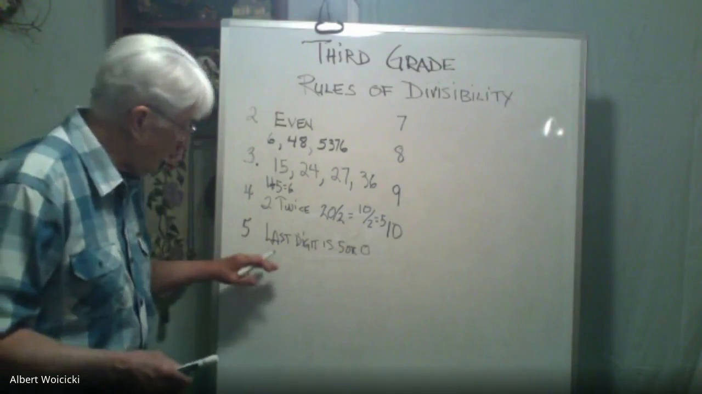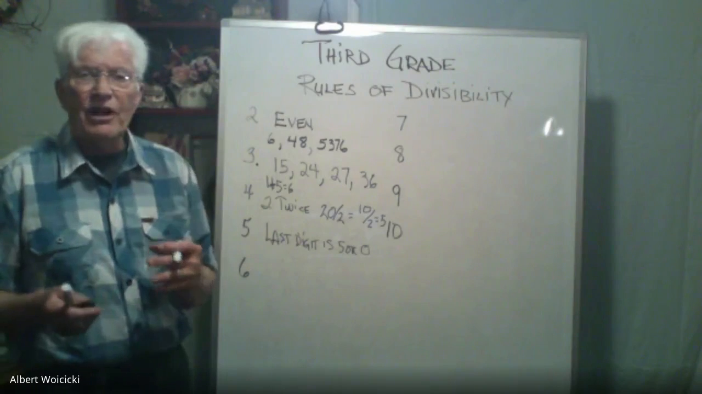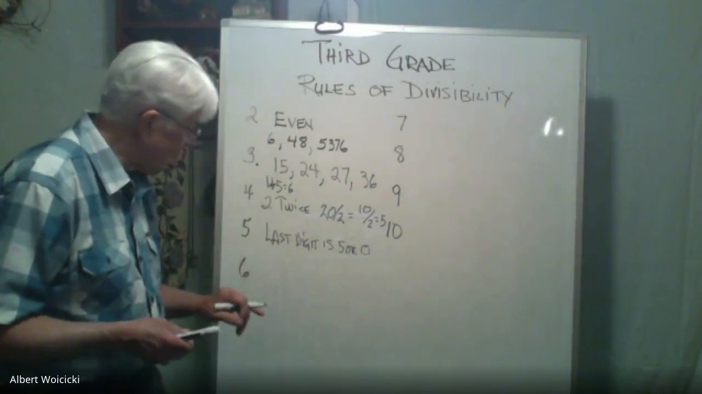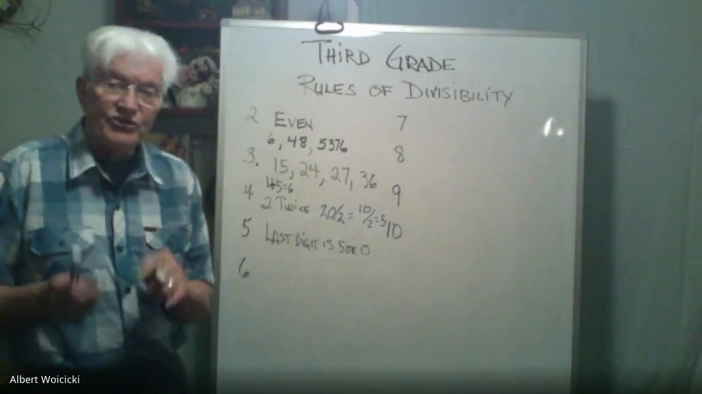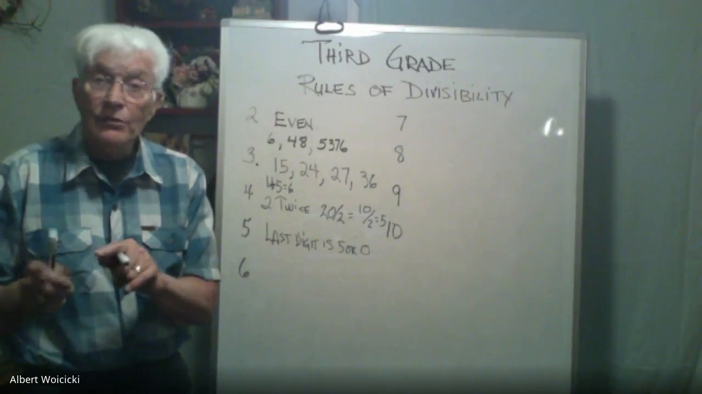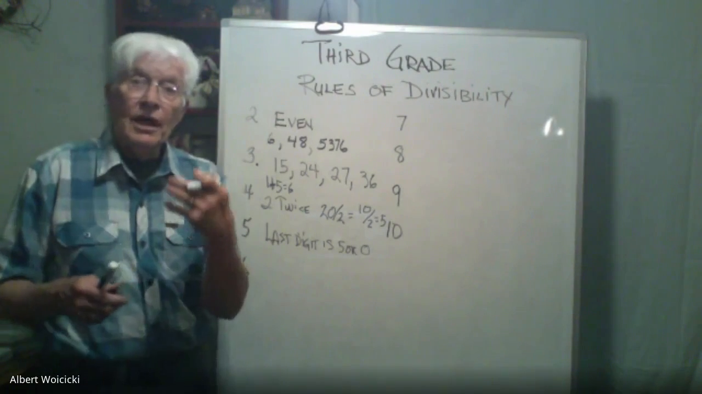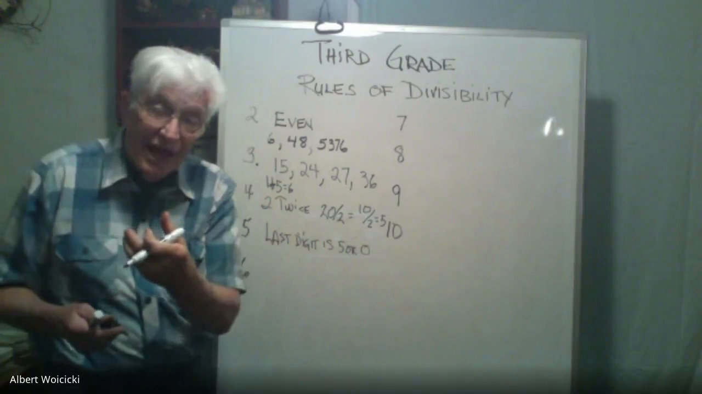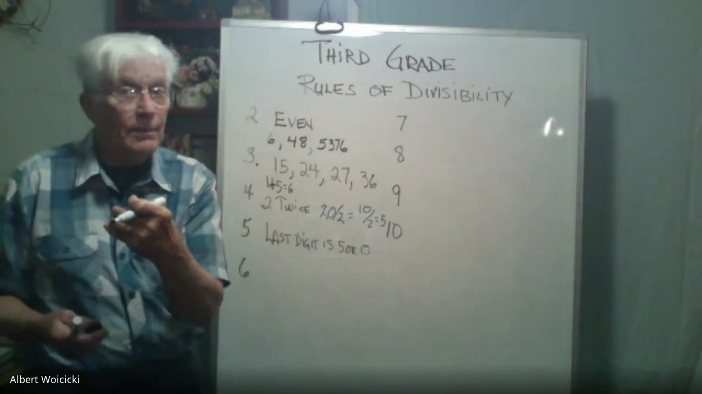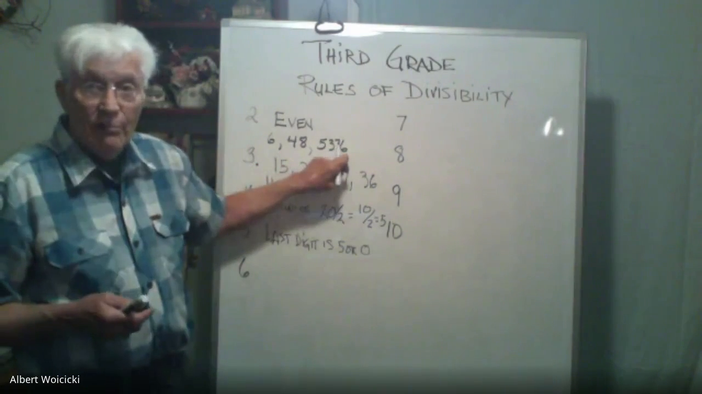All right, now the number 6. What allows the number 6 to go into a number? Well, remember the factors of 6 are 2 and 3. So it's just like the rules of breaking numbers down. Since we need a 2 and we need a 3, since this number here is both an even number